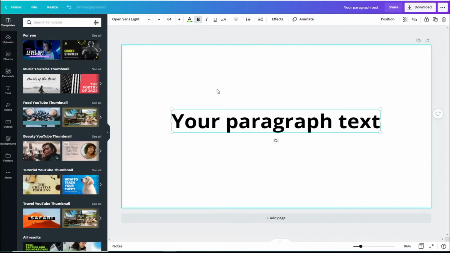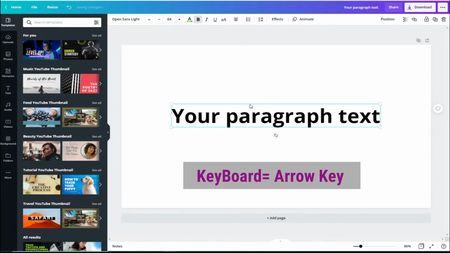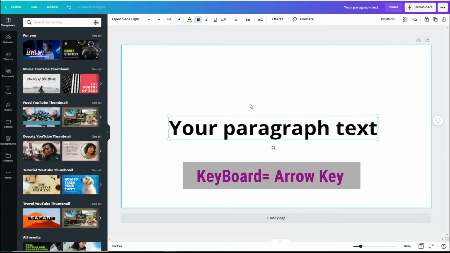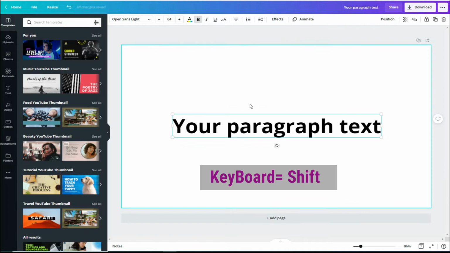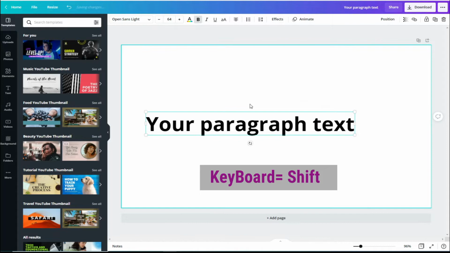The next tip is quite fundamental and will be handy no matter what you are designing on Canva, and that is moving certain elements to really fine tune the elements on the design. All you need to do is just use the arrow keys on your keyboard and I am simply pressing up and down, or you can hold the key left and right. Now that's going to only move at 1 pixel at a time. You can hold the shift key on your keyboard and move it so that it moves 10 pixels at a time like so.